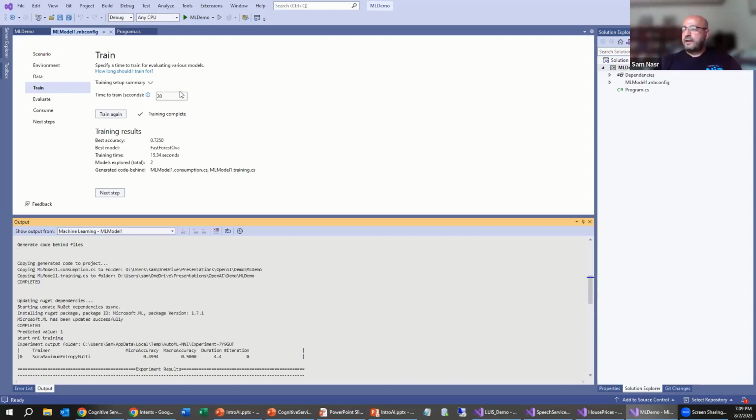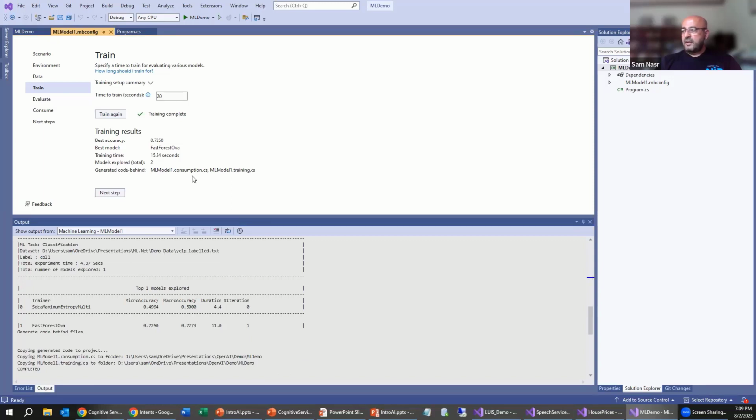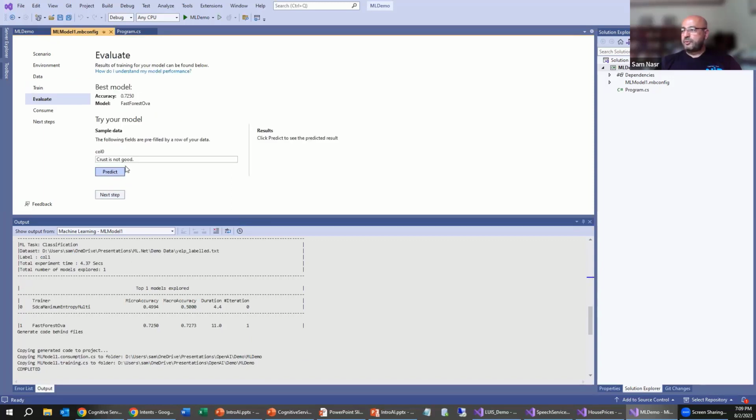So as you see here, I ran it for 20 seconds. My accuracy increased to 72.5%. It ran through two different algorithms, and they are listed on the bottom here. And so now I should be able to get a better prediction. When I say crust is not good, it should come back with a negative result. Oh, all right, let's try another example.